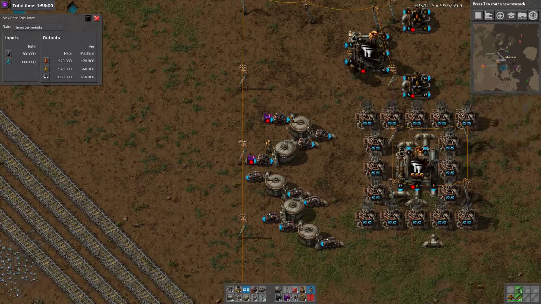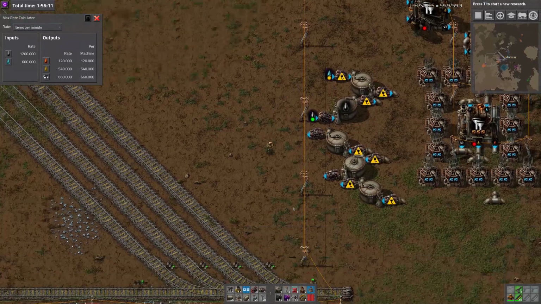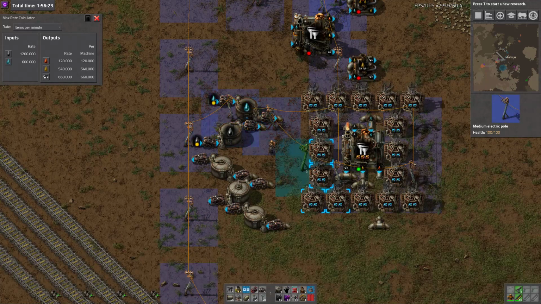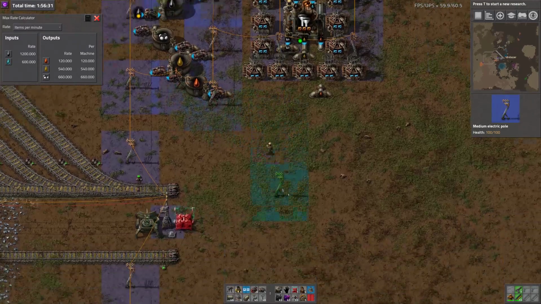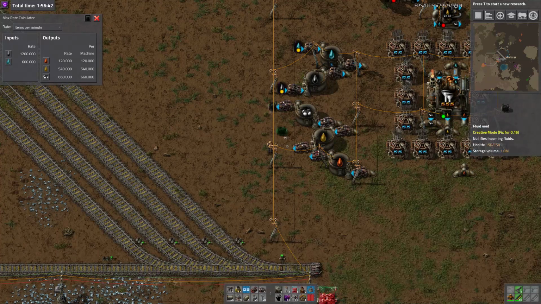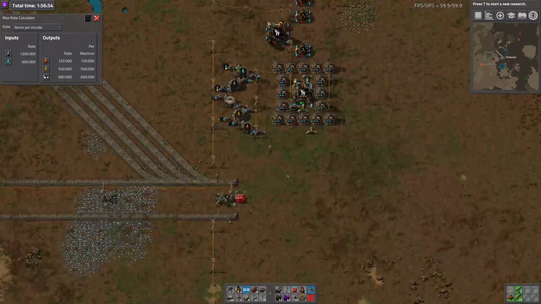So this is our water line. Set that to water. This is our raw crude line. Okay. Now, we have to power these pumps up. They have to have power to work. There we are. And then these are starting to fill up at a reasonable speed. To make sure they are emptied so the thing doesn't back up, we put in the creative mode fluid voiders. Okay, so that's working. That is a single refinery running